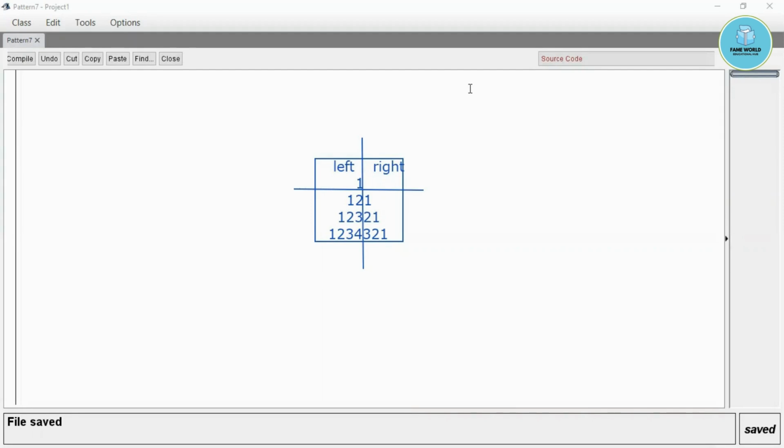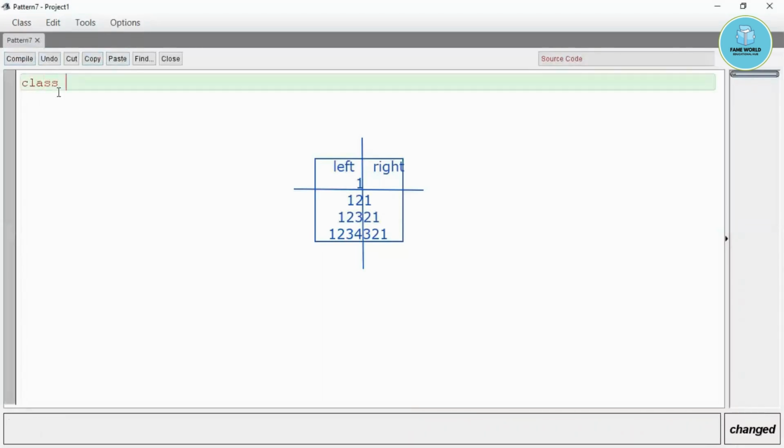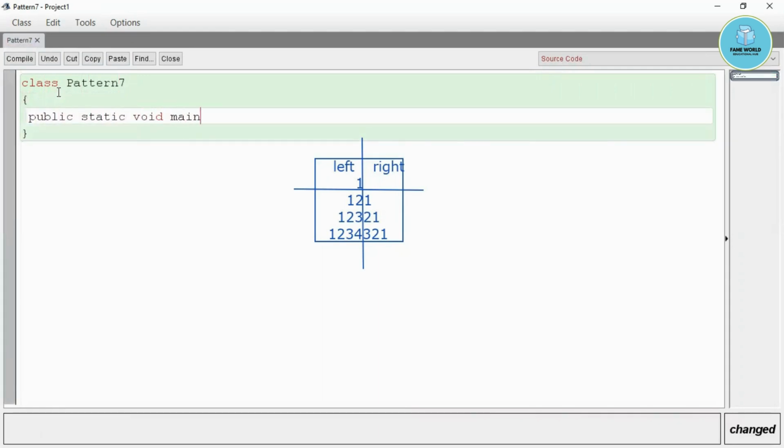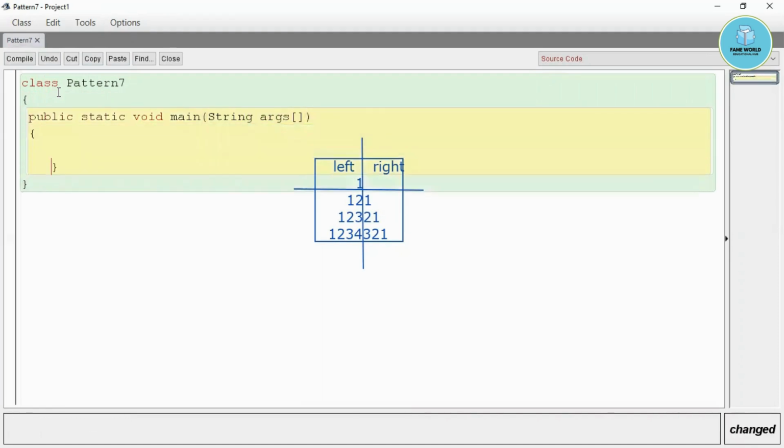So I'm just going to start. I'm taking the class pattern 7, and I'm taking static void main args. Then after that, we will take integers i, j, k, and d.